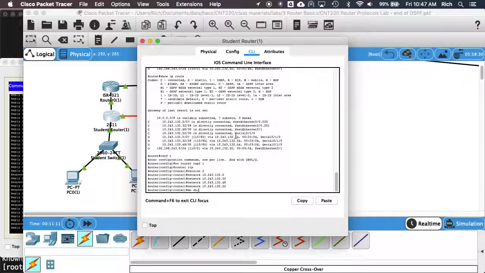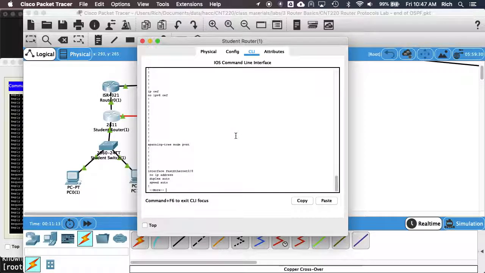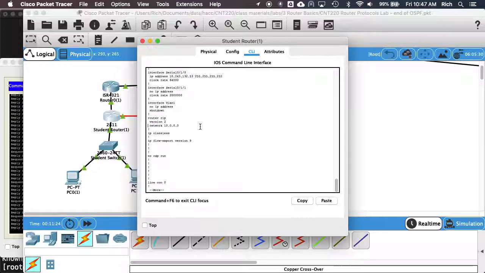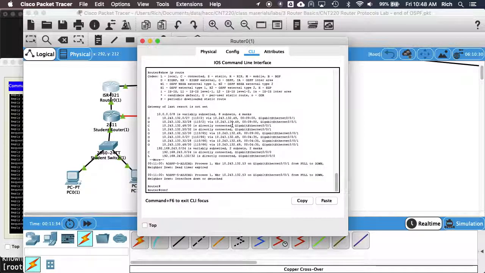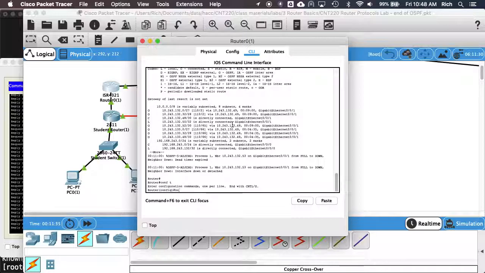But if I look at my running config, RIP summarized that along classful network boundaries. So since the class of the 10 network is A, RIP just put 10.0.0.0. So if you only have 10 dot addresses, you can do it this way where you just put that. This router up here, we're going to have to do a little more config